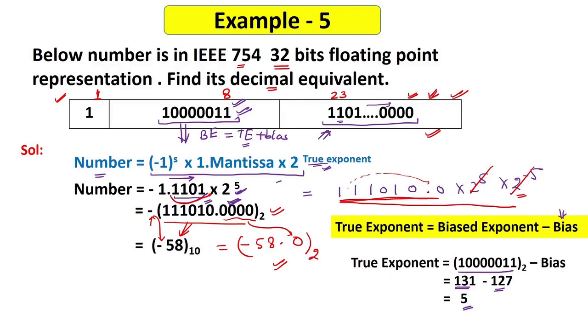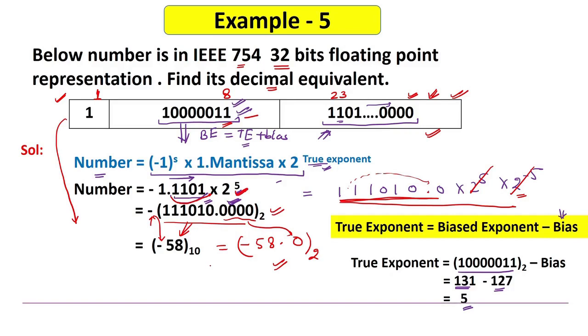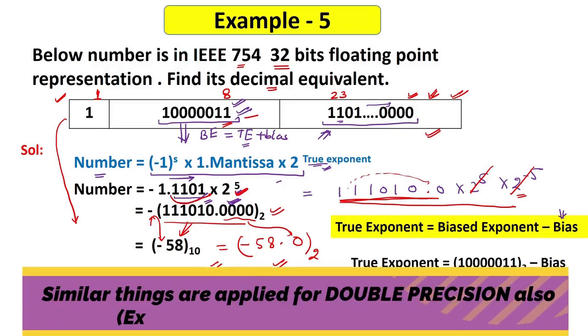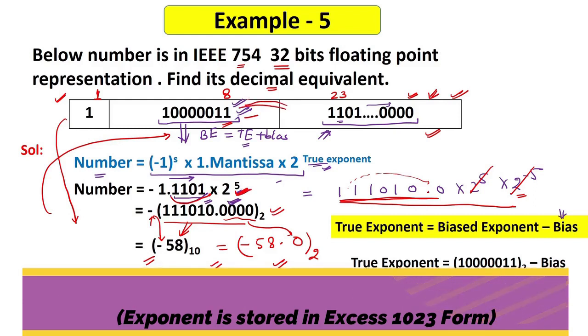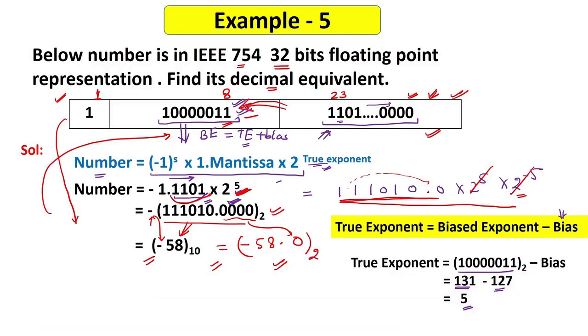The main thing that you have to take care of is whenever you are converting from a binary pattern to a decimal number, you have to subtract the bias value from this biased exponent. Then only you can get the true exponent. And after getting the normalized form, you can get the number in decimal form. And whenever you have the decimal number and you want to store the exponent, then you have to add the bias value to the true exponent, that is 5 plus 127. Then you are storing the greater magnitude exponent here. That's why we call it excess 127: true exponent plus excess of 127.